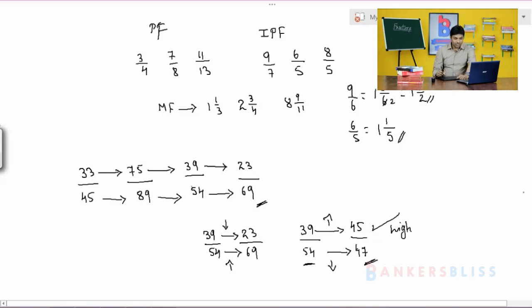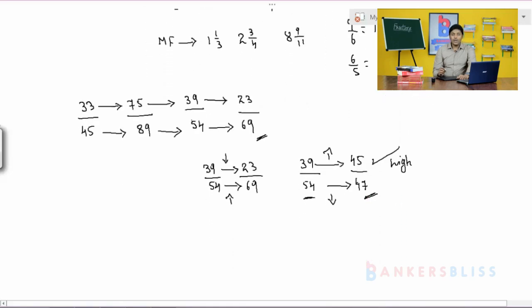Okay, so now next you have one more thing. So this is based on the numerator increase and based on the numerator decrease. One more example let me take. After that I am going to come to this problem. Okay, let me take one more example. The example is like this. See here,